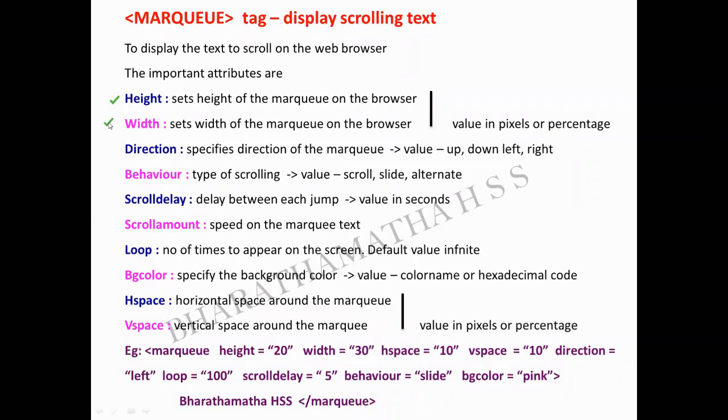How much width space it has to take from the browser. What amount of width it has to take. The standard set of values will be given in pixels. If you are comfortable, you can give it in pixels, or otherwise you can give it in percentage also. Giving it in percentage would be much better and easy for us.